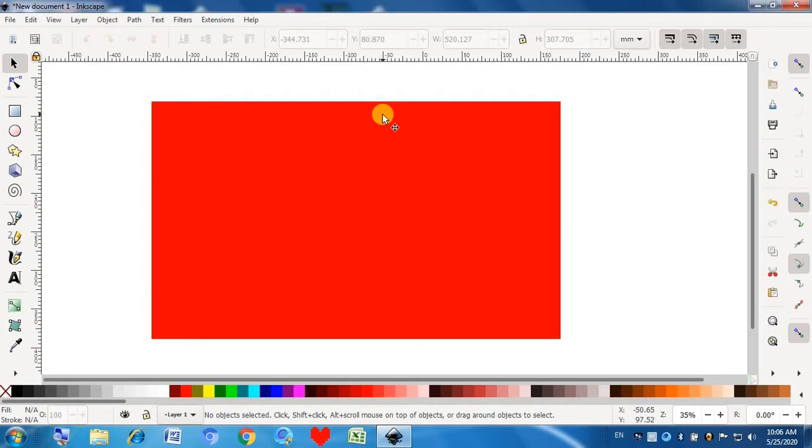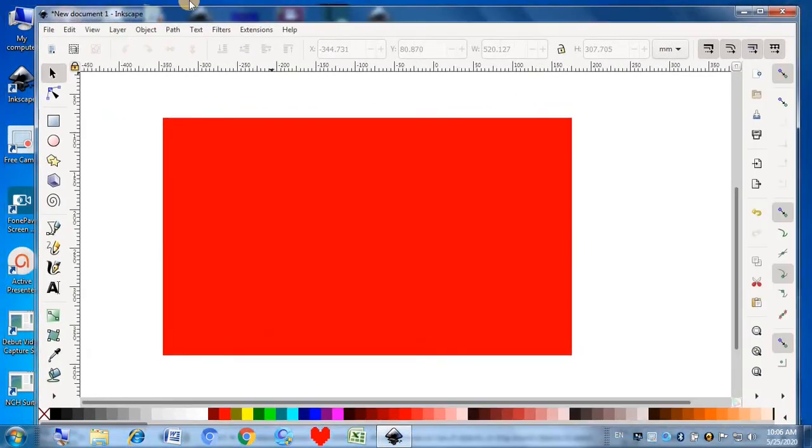Okay. So before starting this, you want a rectangle with any color. You don't want a specific color seriously, just give it a red or blue color and you are fine. Like the last time in the path tab, you have to press Ctrl plus Z. Let me show you, wait.